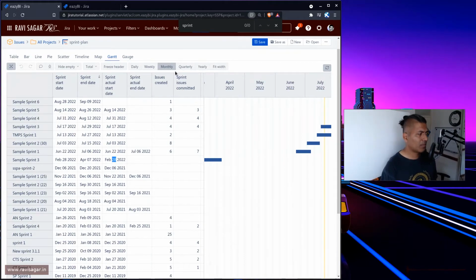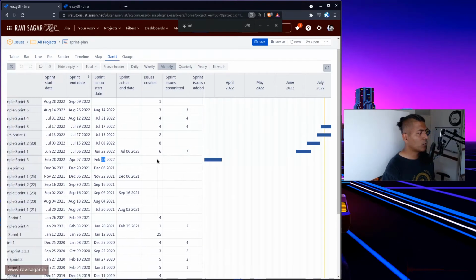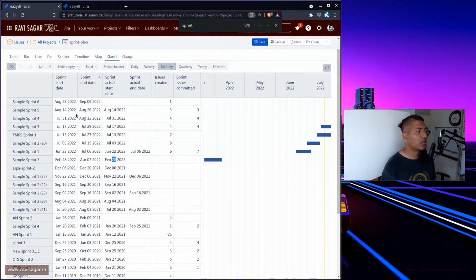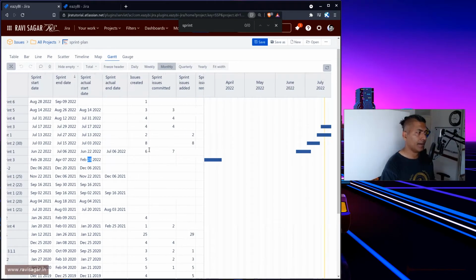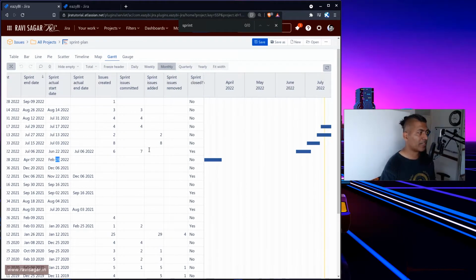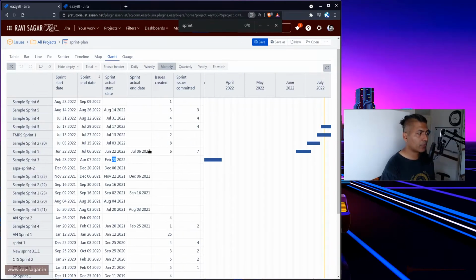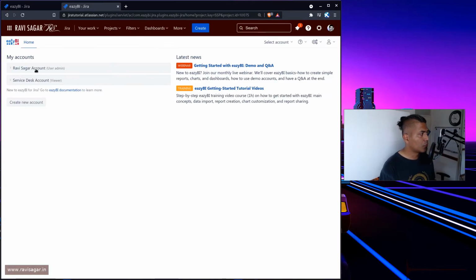So there is a problem, and we can definitely display some kind of a message here, like one column based on the duration of these two dates. If it is more than zero, and of course also do a couple of other things like whether the sprint is active or not. So this kind of a view, the main thing to create a roadmap is basically these two dates, start and end date, and you can also display some additional information. Now, to create this kind of a report, it is very simple. I'll just try to recreate this very quickly, and what I'll do is go to one of my